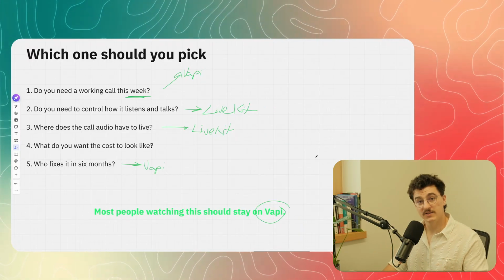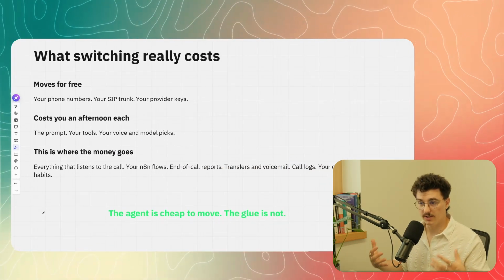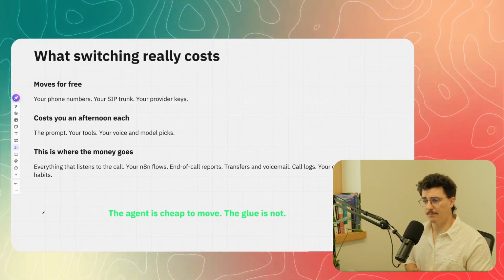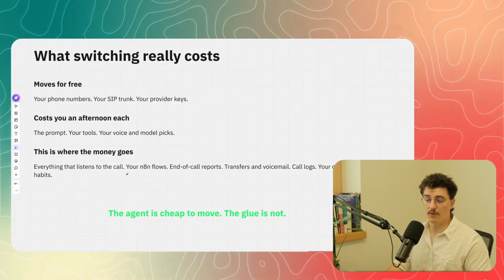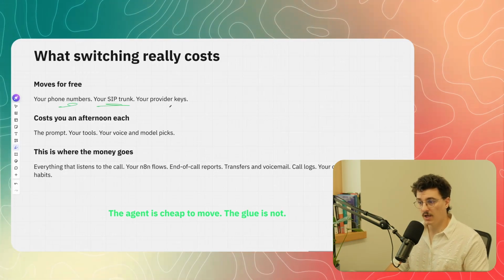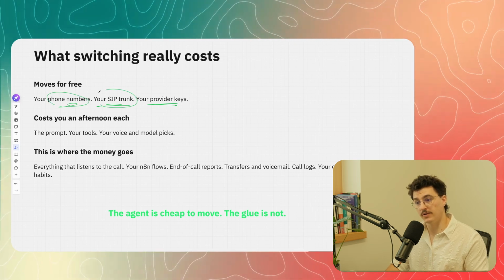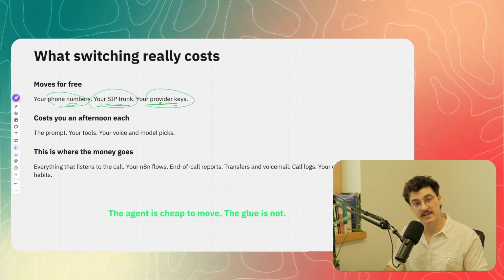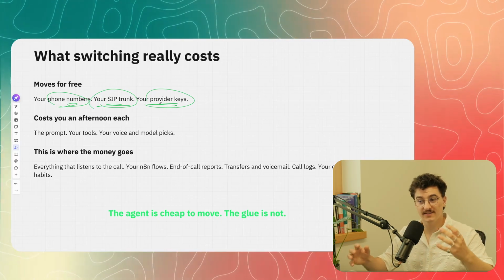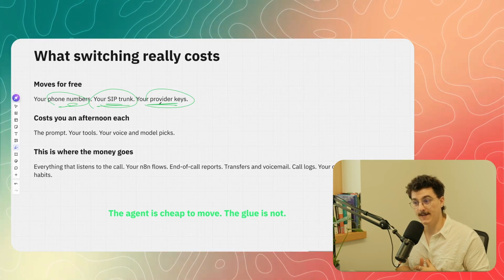And now let's talk about the last thing, which is what switching really costs. So we have 3 tiers here. The first one is what moves for free. These are things like your phone numbers, your SIP trunk, and your provider API keys. So if you connect your own phone number with your own SIP trunk and your own provider keys into Vapi, then you can just take them directly and plug them as is into LiveKit,